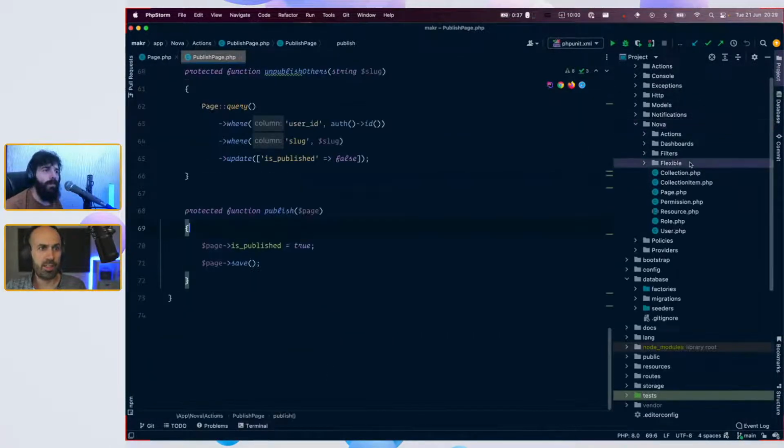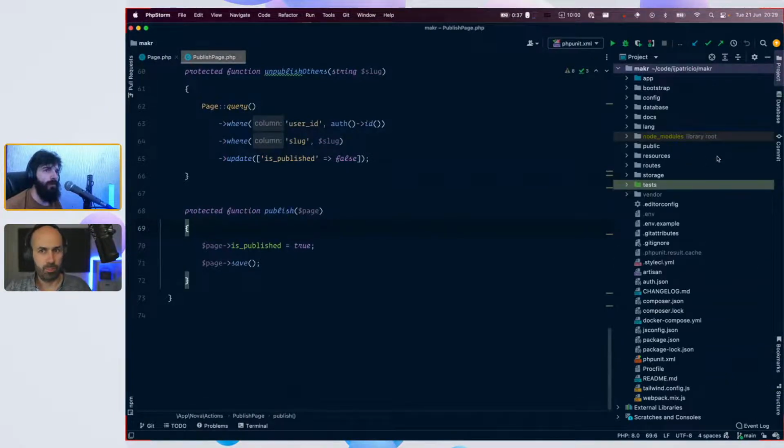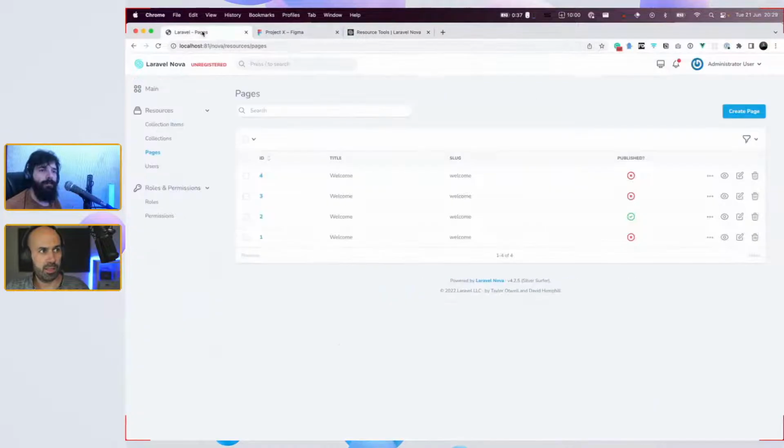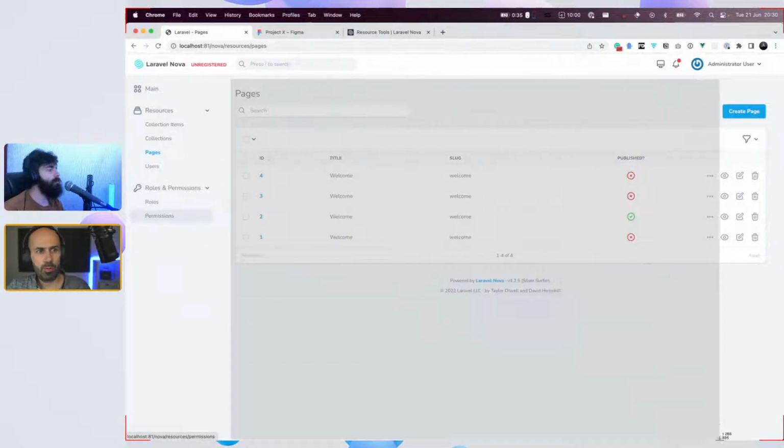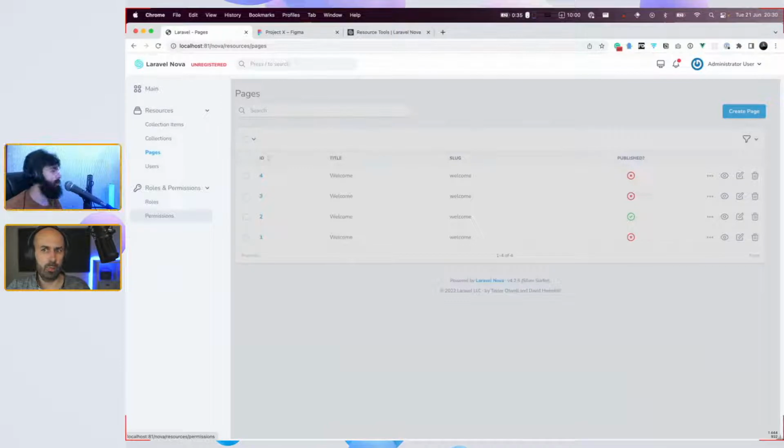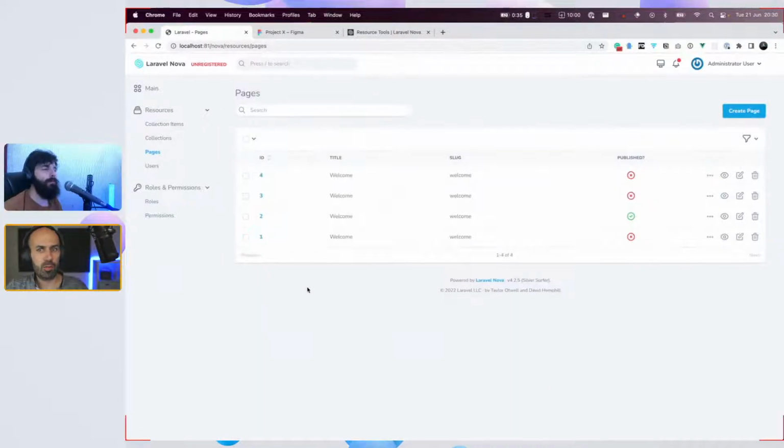So what exactly is the resource tool? Resource tool or just tool? No, resource tool. Because it's a tool just for pages, right? Got it. So it's a tool for the resources, for a given resource. So when you make a tool, just tool, it's something that comes to the sidebar. It's its own thing, a top level thing, and then you have the power to do whatever you want with all the viewport. When it's a resource tool, you attach it to a resource. Really interesting. Okay, so let's do this.